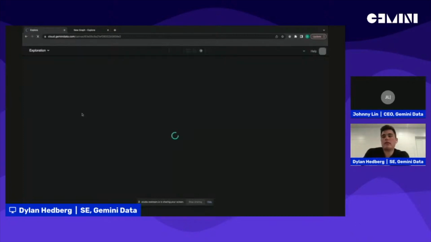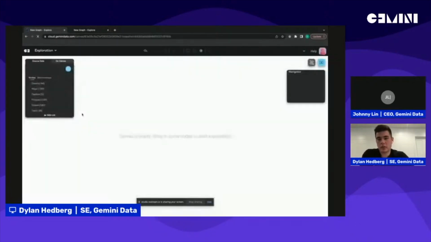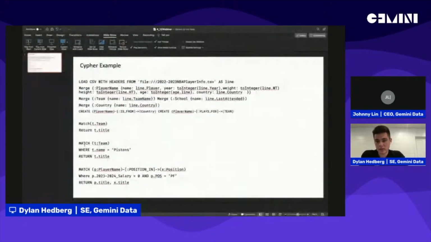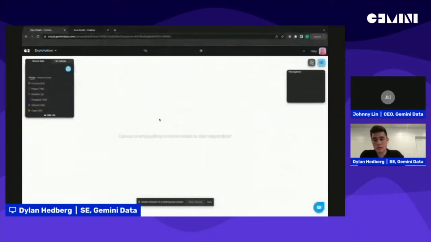And other traditional graph technologies out there require even Cypher knowledge to even search for data. So if I want to go back to my Cypher example right here, these ones on the bottom would show how you would retrieve the data once you have modeled it. But right here, when we say we're no code, we're truly no code.